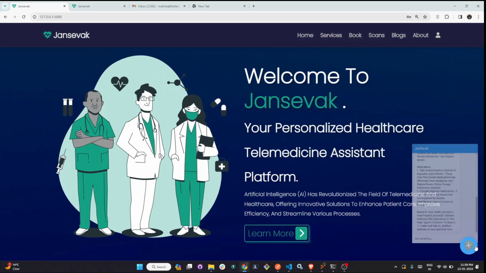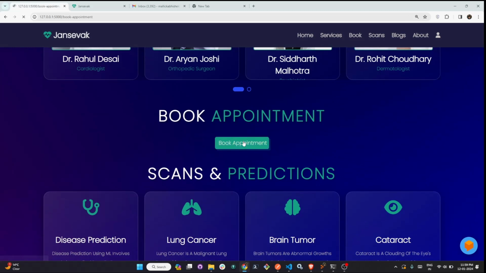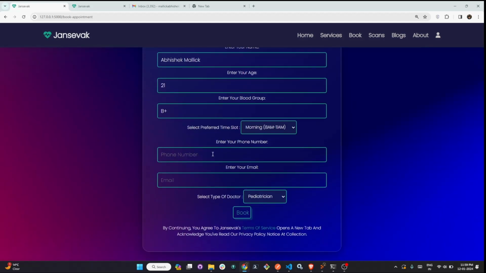Here's how. The patient has an option to book an appointment here. Let me book an appointment as Abhishek. Let's say 21. Here the user can select a time slot based on the doctor. Let me select a dermatologist, and when I book,